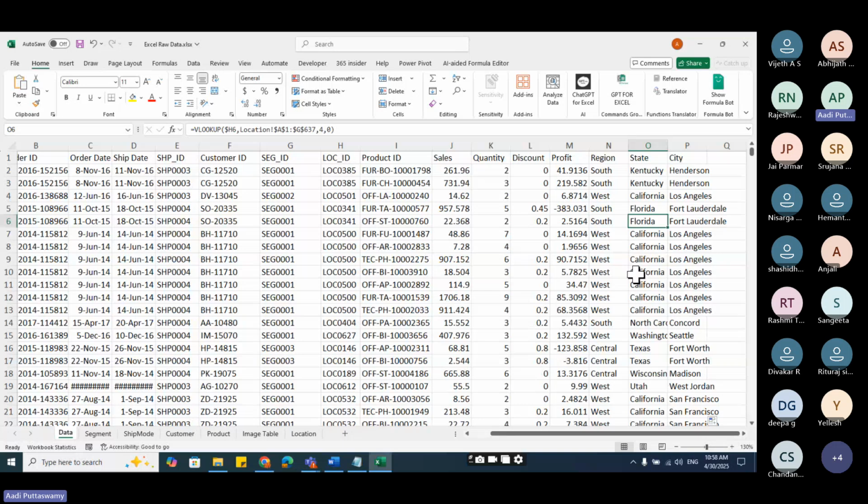Understood how we can do this? So this is how we should analyze the data. It's not that I'll just learn the formulas, or that I just know how to create pivot tables. I should know how to study the data, and for some situation, what formulas and what functions I should use. Understood? So here I wanted region, state, and city.